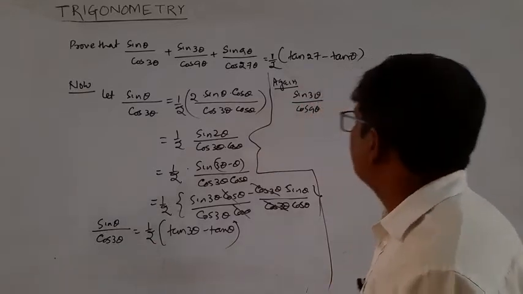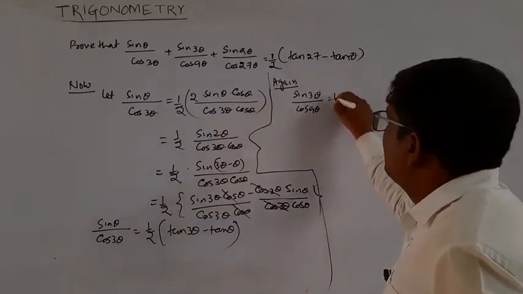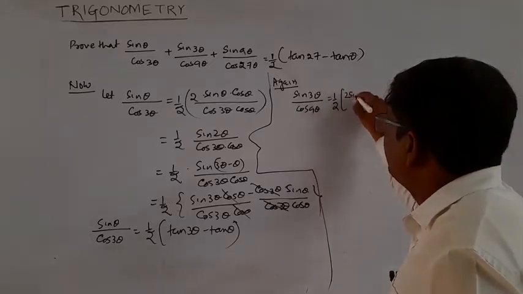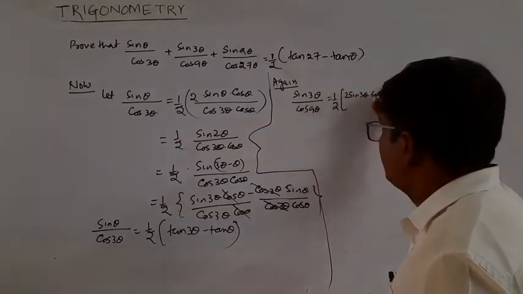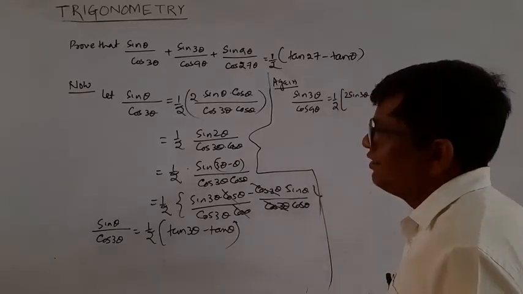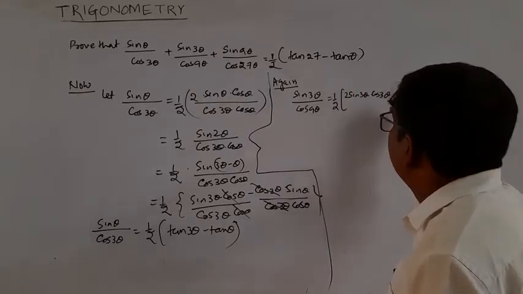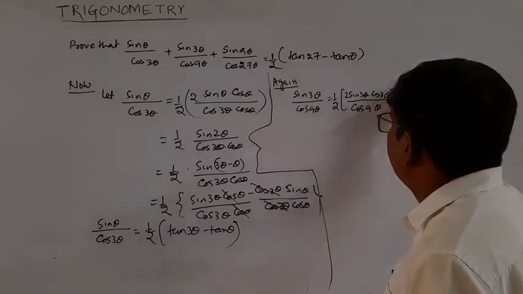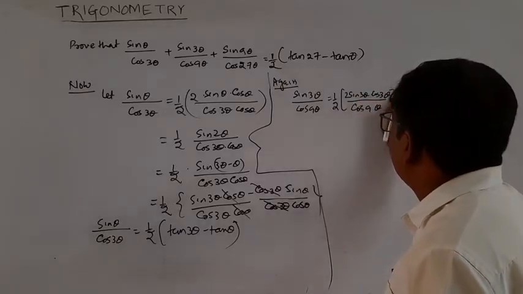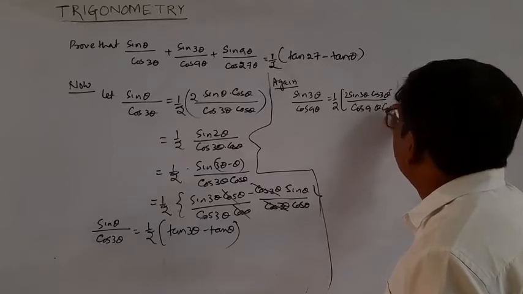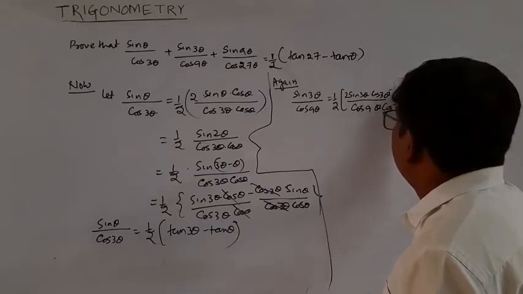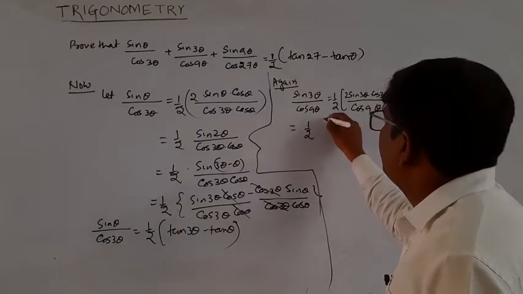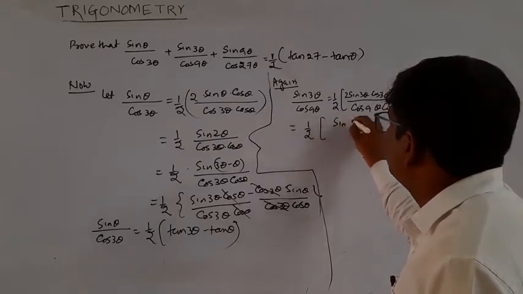This can be written as 1 by 2 into 2 sin 3 theta into cos 3 theta, divided by cos 9 theta into cos 3 theta. So this is equal to 1 by 2 into sin 6 theta